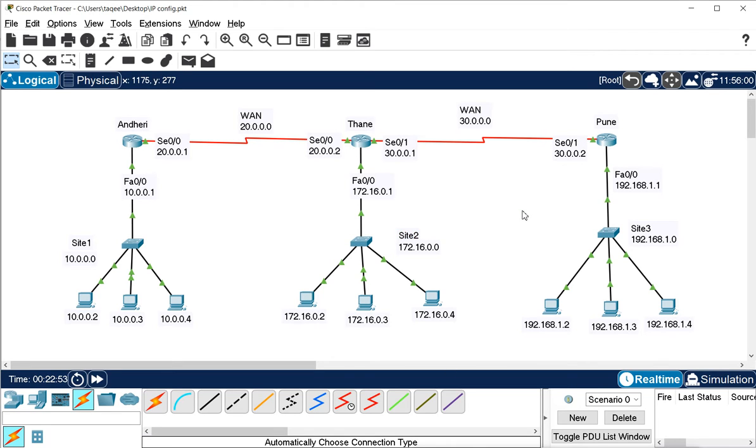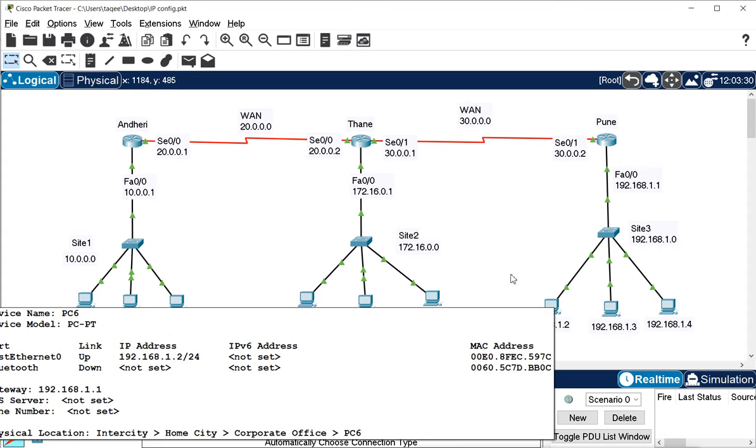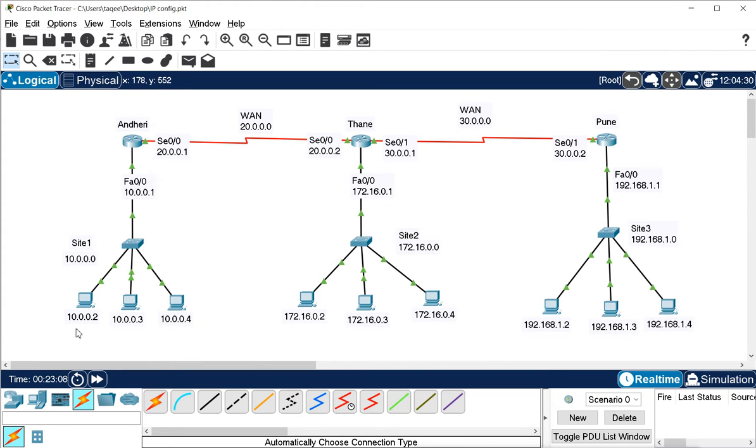Okay, now I have configured the IP addresses on the interfaces. The interfaces are enabled. Now what? Now I want to do the routing again, because I want to make sure that this end machine to end machine have communication. That means when I try to ping from this 10.0.0.2 to 192.168.1.1, 1.2, 1.3 or 1.4, it must give the reply, because if it gives the reply, it must be connected.